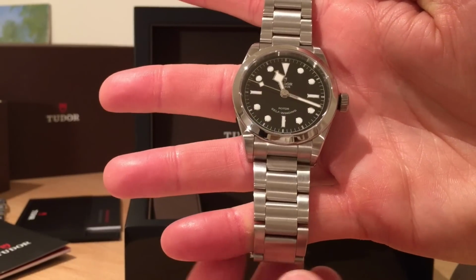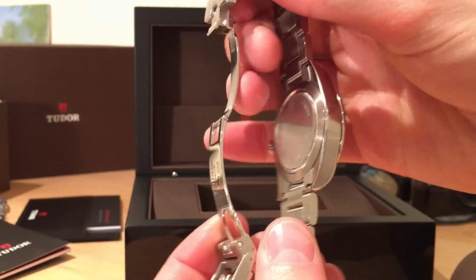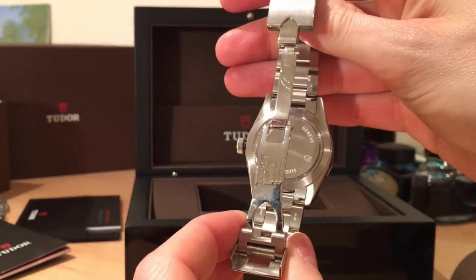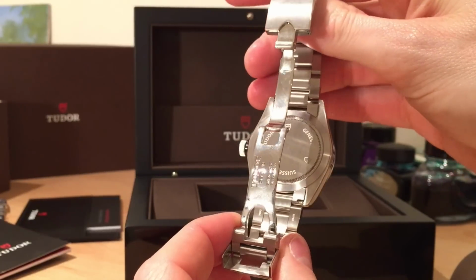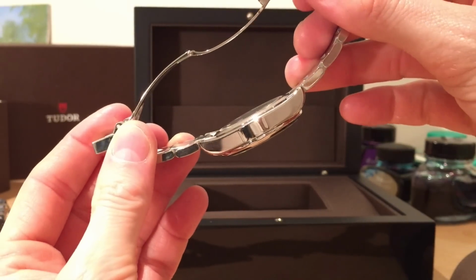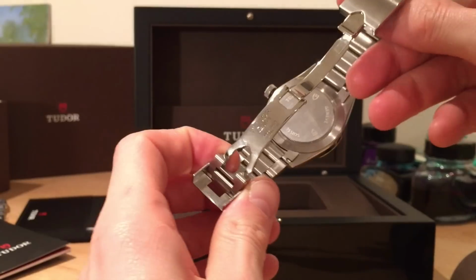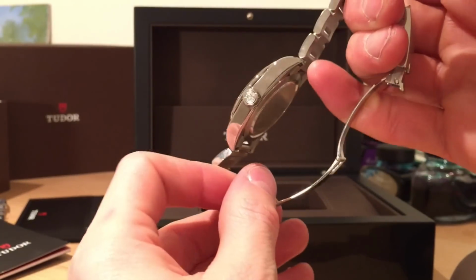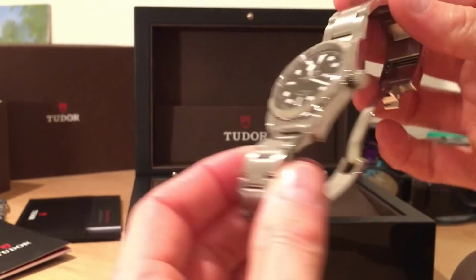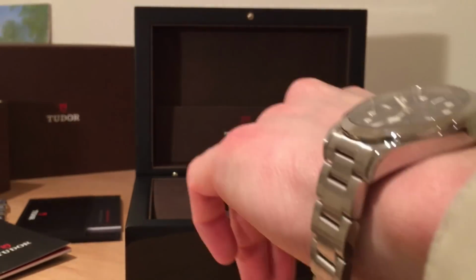you don't want them to look too feminine, as I find that even though I absolutely love the Rolex Explorers, especially there's a silver dial 36mm Rolex Oyster Perpetual, sorry, my apologies there, I find that it looked a little bit too dainty somehow. And I find that this having these big hands, the snowflake hands they call them, based on the 1969 Tudor watches, I just like the fact that it was somehow just that little bit beefier, these big hands, loads of lume all over it as well,